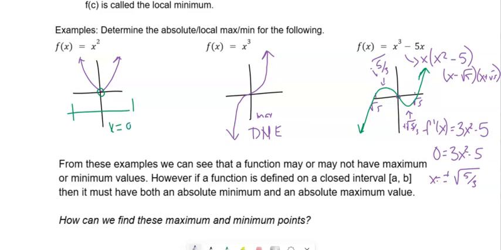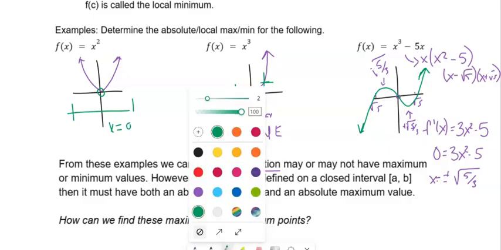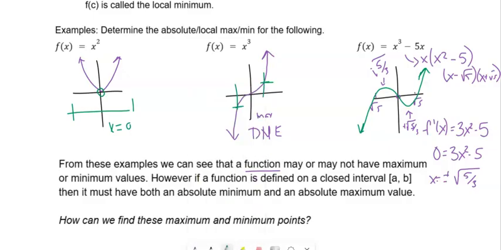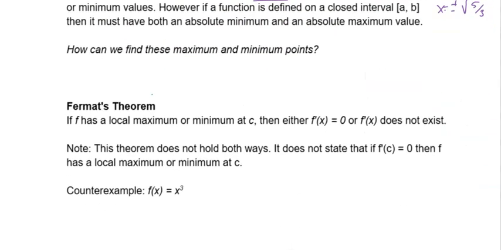Okay, so from these examples, we can see that a function may or may not have a maximum or minimum value. However, if a function is defined on a closed interval, so let's say we were to say, okay, just in between these points here, then we must have both a maximum and a minimum value. So how do we find these maximum and minimum points? These points occur when the derivative, so the max and min occur when the derivative